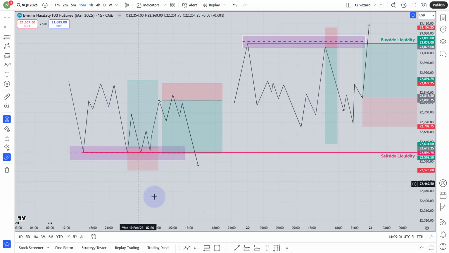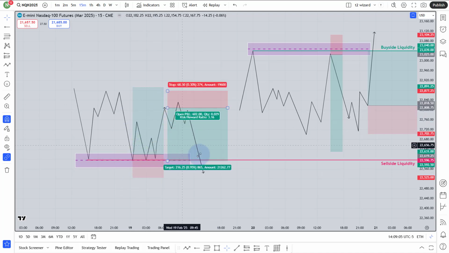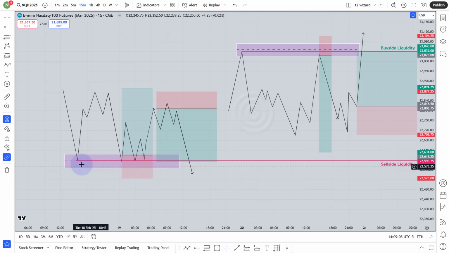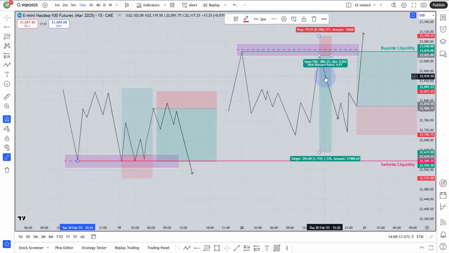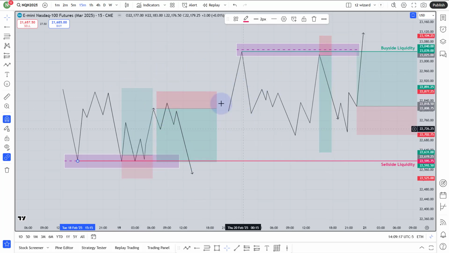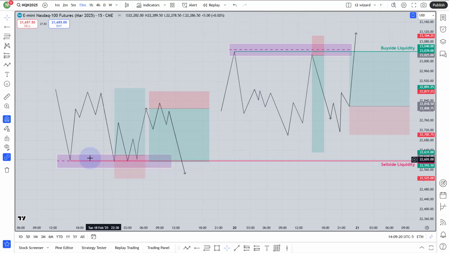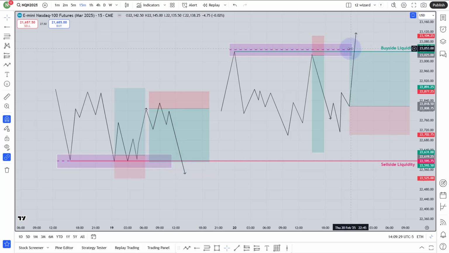Don't worry, I'll show you on the chart as well, so that it will be absolutely clear to you what I'm talking about. Here you just focus on how I'm going to mark my liquidity level. So this is sell side, this is buy side liquidity. And if you are still confused, please watch this part one more time. It will be absolutely clear to you why and how we mark our sell side liquidity level, and why we target that liquidity. How we mark and why we mark the buy side liquidity, and how we actually target it